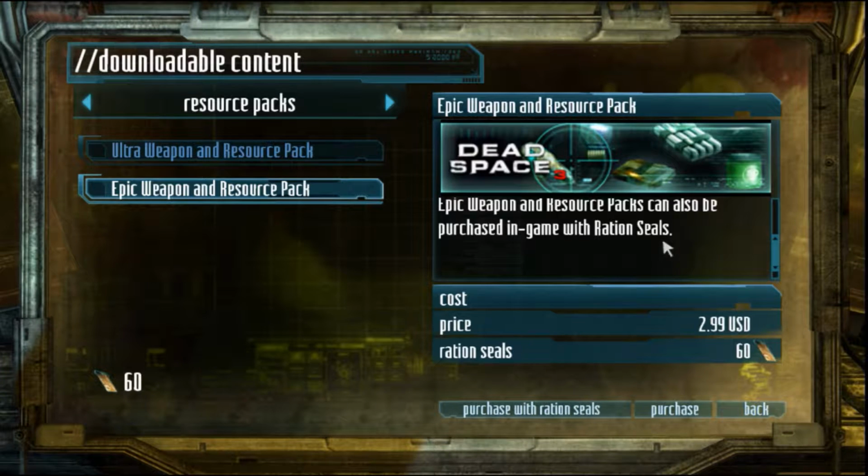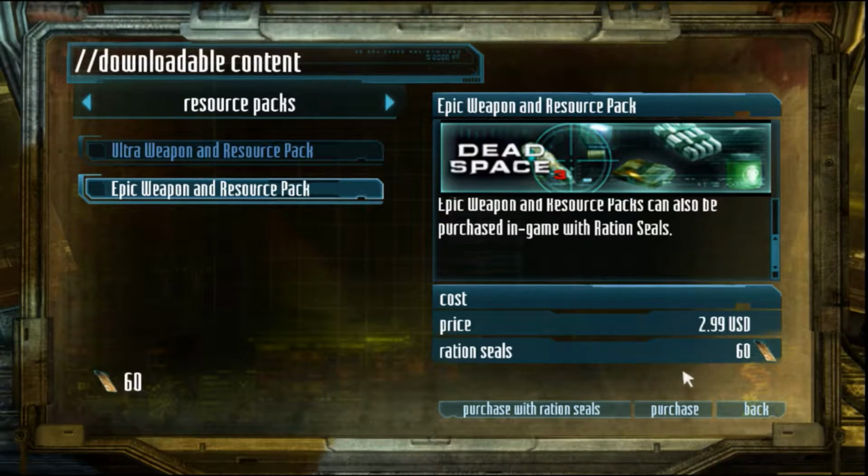These are gained over the course of the game, but you gain them at a very slow rate. The save that I'm on currently, I've actually played through the entire game. I've only managed to get 60 ration seals, which is enough to buy the bigger pack. I want to buy more of these,